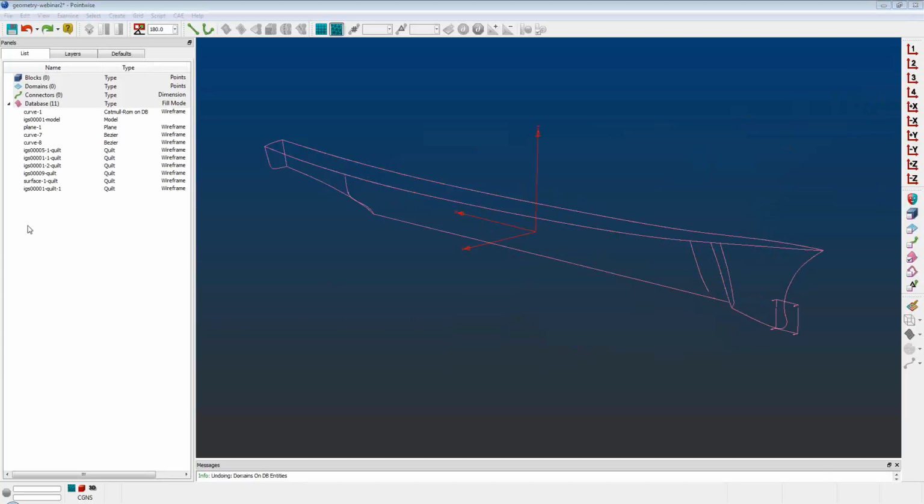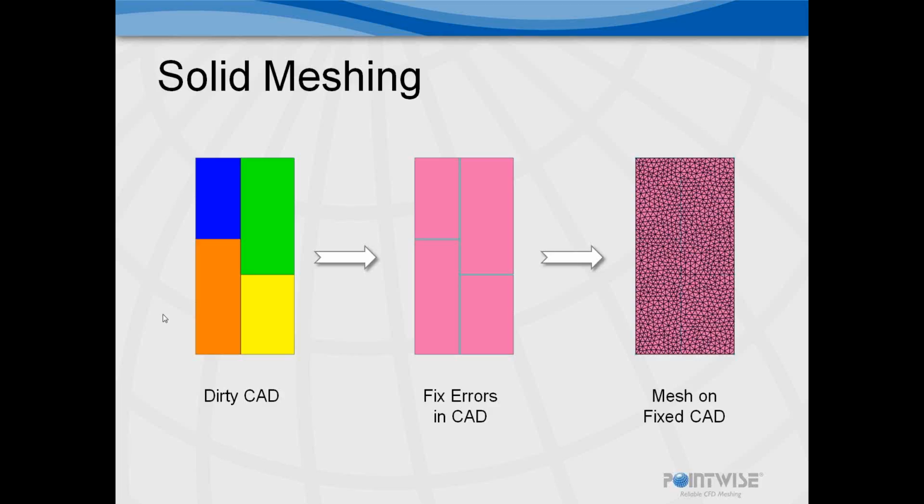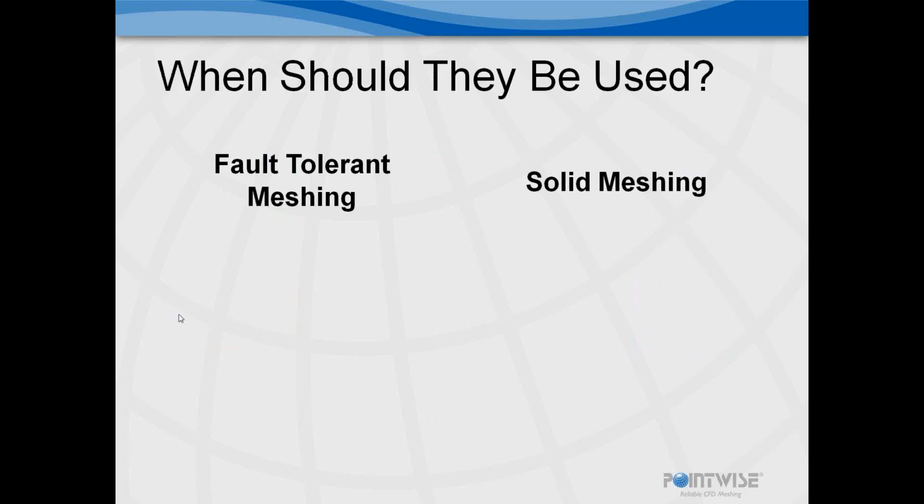Now that we've seen the differences between the two methods, the question you might ask is, when should I use one or the other? Here's a list of the key items that may help you decide. Fault-tolerant meshing is generally best suited if you only plan to use the geometry once or just a few times. You want to get to the final mesh as quickly as possible and don't plan to analyze the geometry very frequently. Another area it's suited for is if you have a few localized problems in your CAD that you don't want to fix, or maybe that's not even fixable,